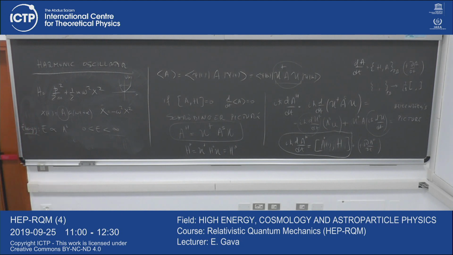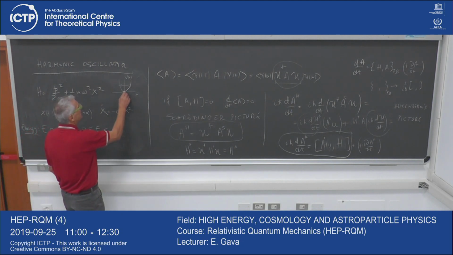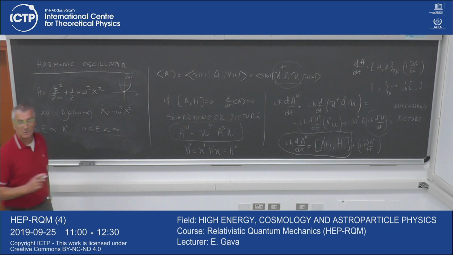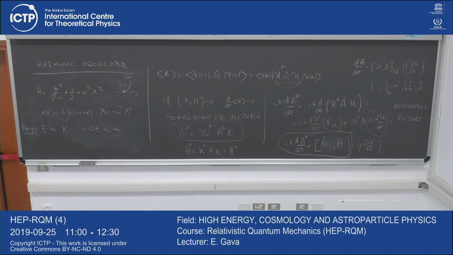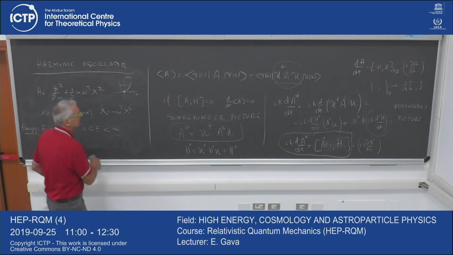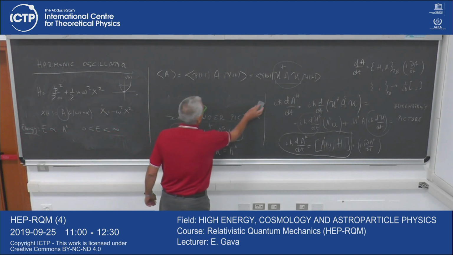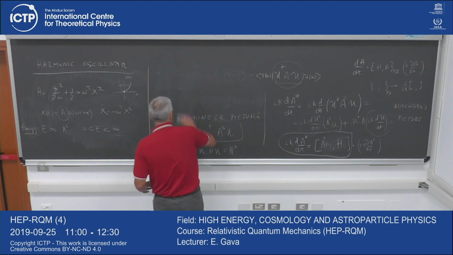So this is what you have at the classical level, right? Zero energy means that the particle is sitting here, is not oscillating. Then as you increase the energy, the oscillation becomes larger and larger, right, as you go up. So this is the classical story. Now the quantum story is,